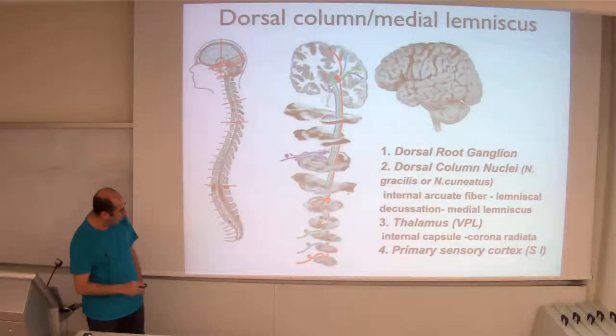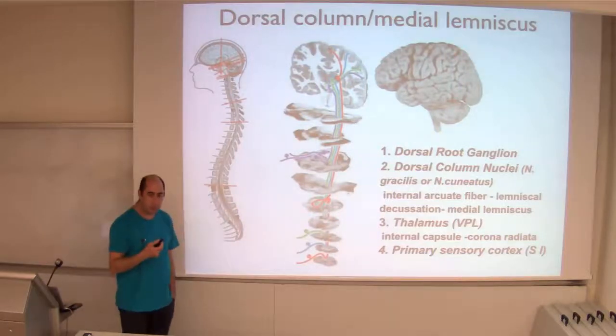Each one of these actually travels separately as a different pathway all the way to the thalamus, and then in the thalamus they would also still arrive into different areas and will be sent to different areas on the somatosensory cortex,